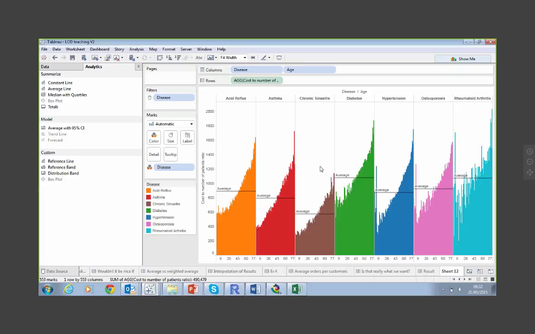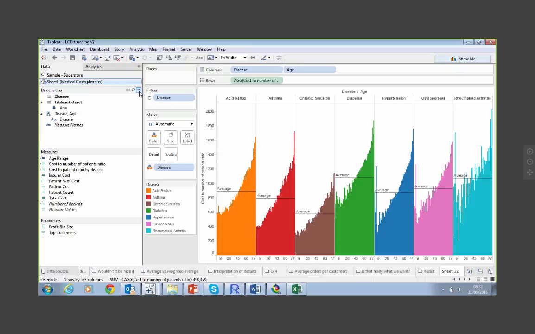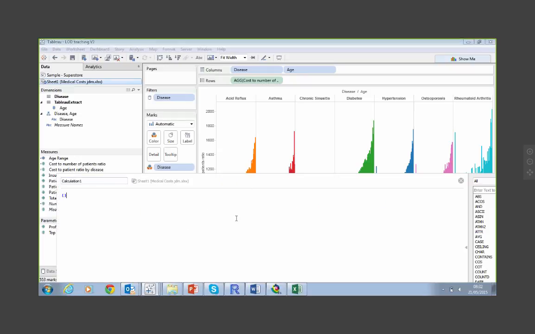So not have it weighted by the age, but just ignoring the age, show me the cost to patient ratio by disease. And so that's something that an exclude calc would let you do, because you have the age in your viz, but you're not using it in the calculation.